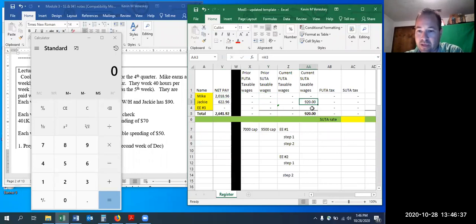Current taxable SUTA wages, I'm not sure where that came from in my template. I'm going to have to maybe update my template, but it's going to be zero. Typically, it's going to be the amount of my SUTA or my FUTA wages, but I want to go ahead and zero those out because my prior federal taxable wages was 7,000,